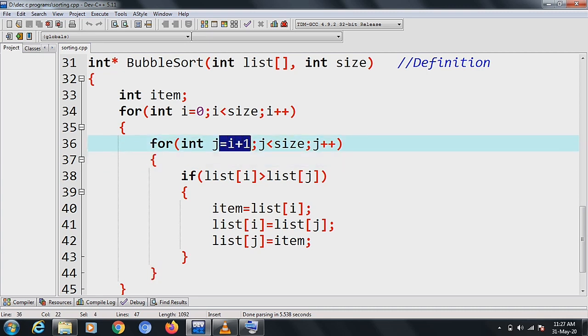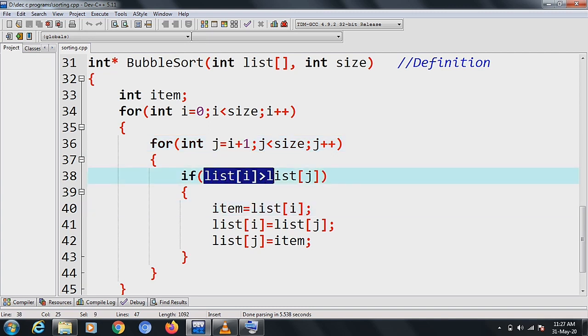Now we will compare the second and third elements of the list, and the j loop continues. At the second iteration, we would have the second smallest element in our hand, and we will place this element at the second position of the list, and it will continue. At the end, we would have the last element placed at the last of the list.